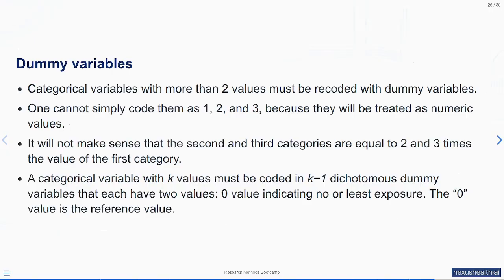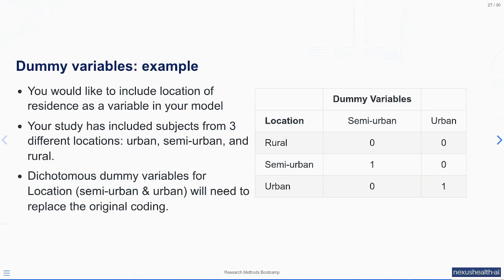We've already looked at how to create dummy variables in an earlier lecture, but to recapitulate, a categorical variable with k values must be coded into k minus 1 dichotomous dummy variables that each have 2 values: 0 indicating no or least exposure, which is also the reference value, and 1 indicating the presence of that particular value. So for example,